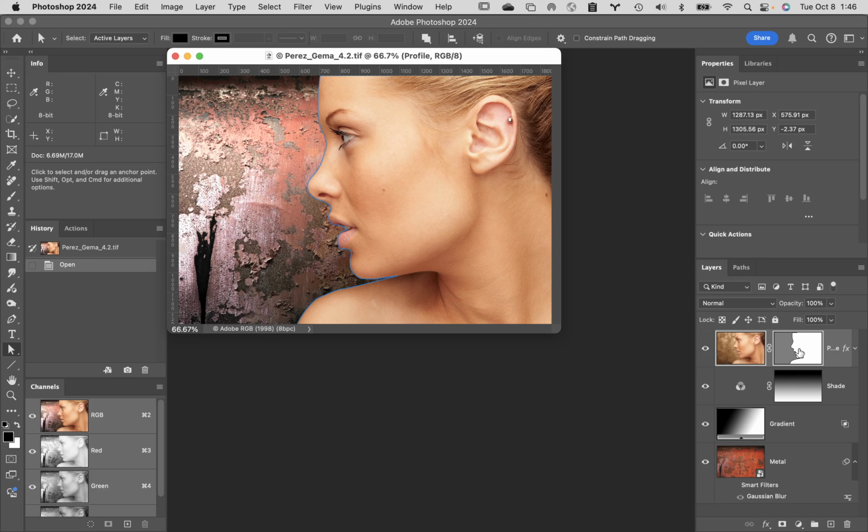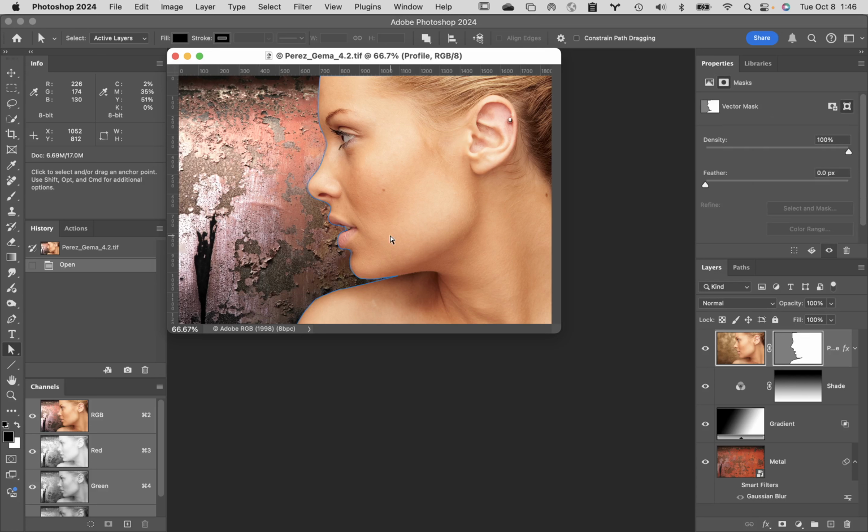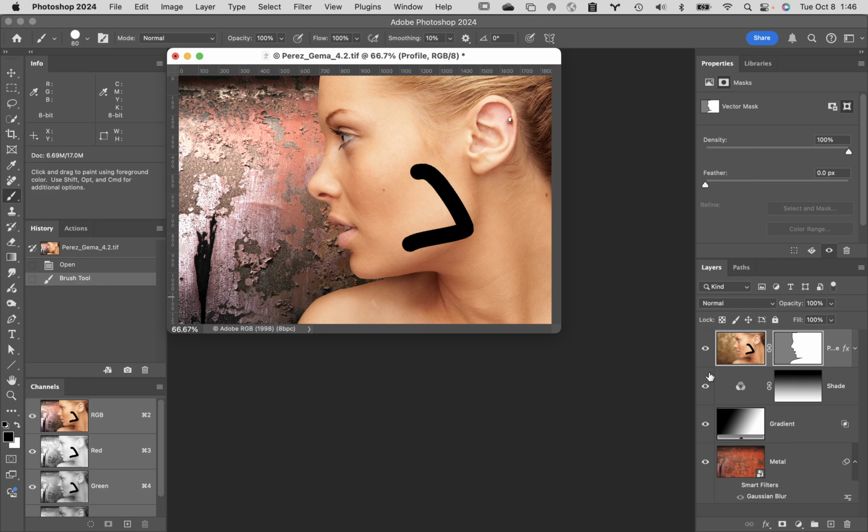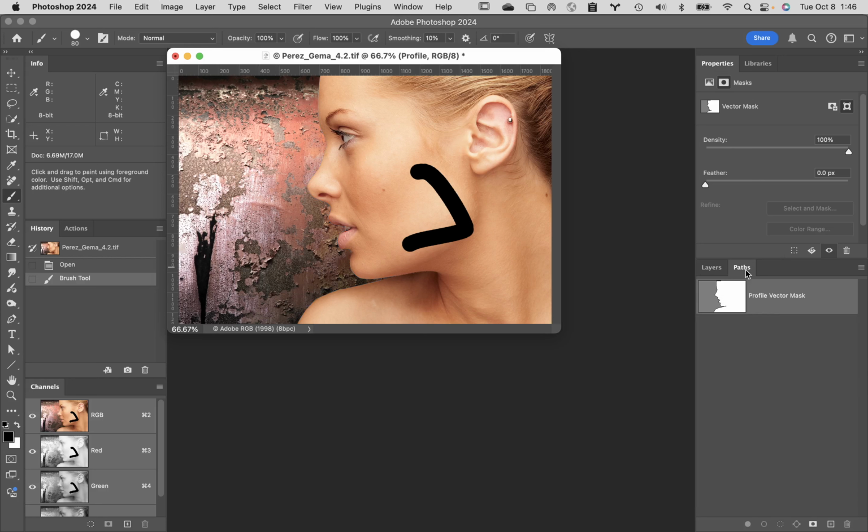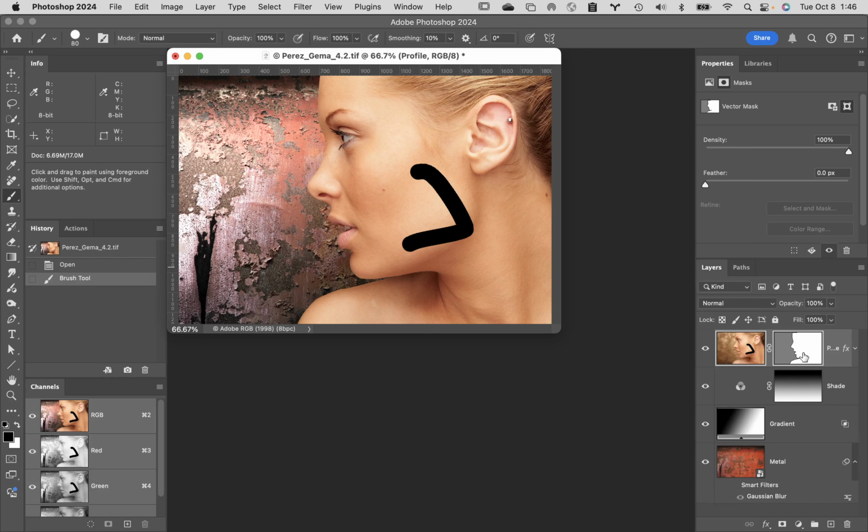So for instance, if I click on this mask right here and put my cursor around here, and I'm going to hit the B key. If I paint now, I can only paint on the image itself. I can't paint on this part. So you'll see if I do something like this, it only happens on this part. This is a mask that is created by the points that exist right here. So these points are the same as this part right here. To show you how that really works, if I click on this,